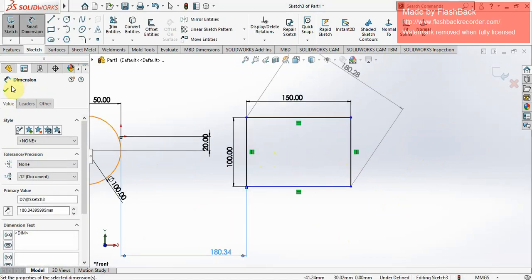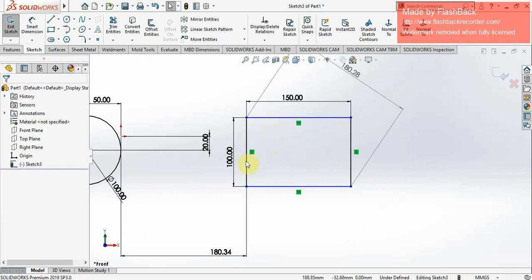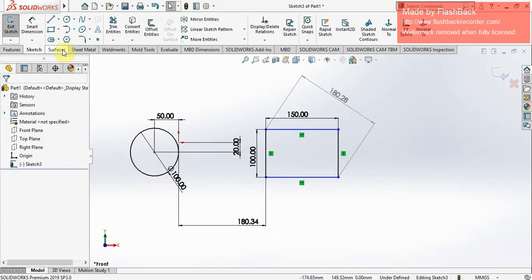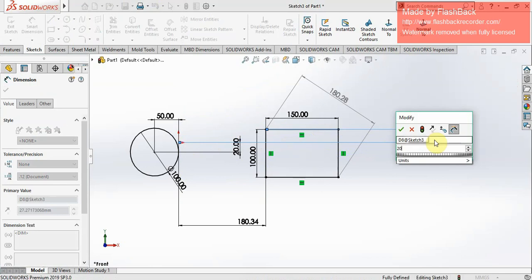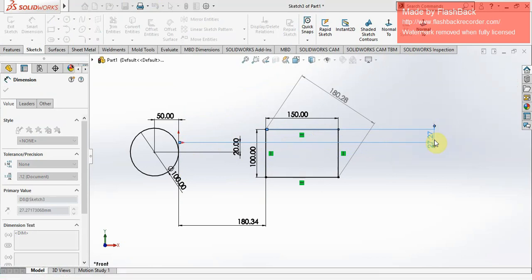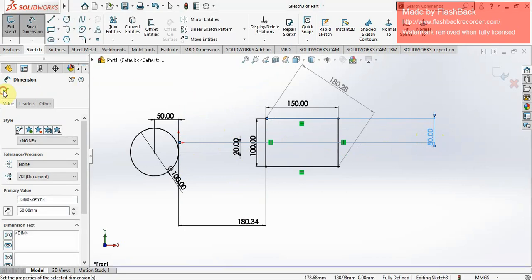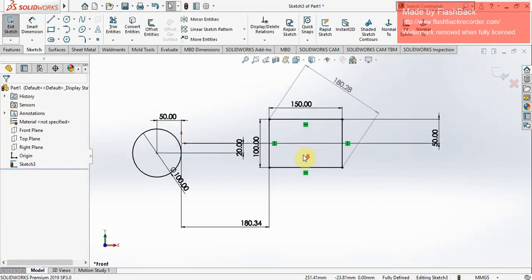Now for fixing the other two lines, we can specify this vertical distance. Suppose this is equal to some 50 mm. Again we have fixed this. So in this way we can convert underdefined geometry into fully defined geometry.